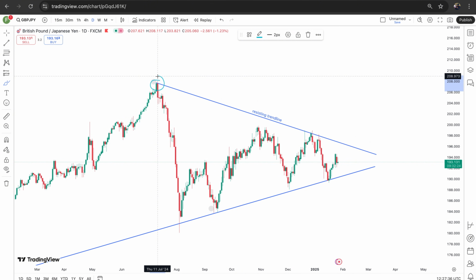Then we had the market failing to break this supporting trend line for the second time. From there, we had the buyers jumping in with massive momentum, pushing the market to the upside. And from there, we can see that we have a support level sitting around this level here. Hence, this market didn't actually manage to reach this resistance as a result, as we are able to see from